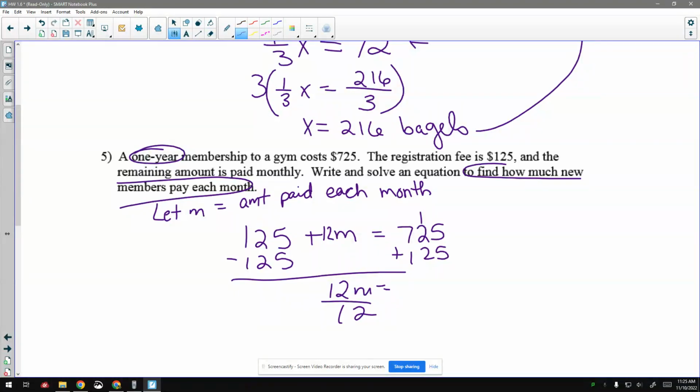Oh, I added, that's why. Look, I put a plus sign there. This should have been minus 125. To get 600, and 600 divided by 12 is 50. So how much do they pay each month? $50 per month. Whew. Now that I think I've done them all correctly,